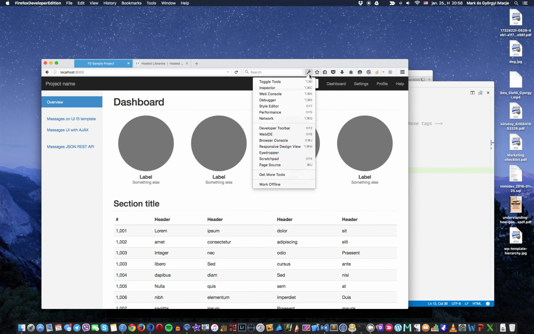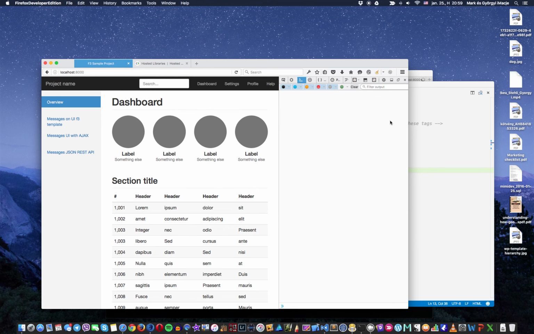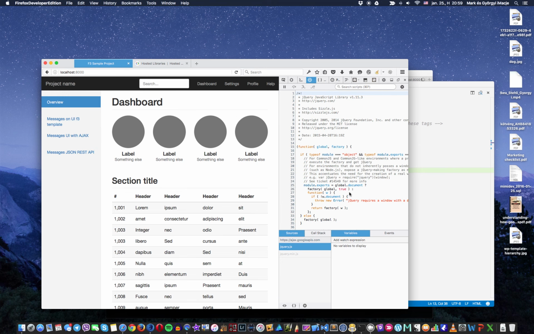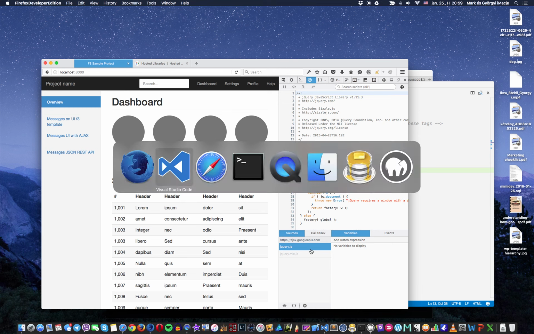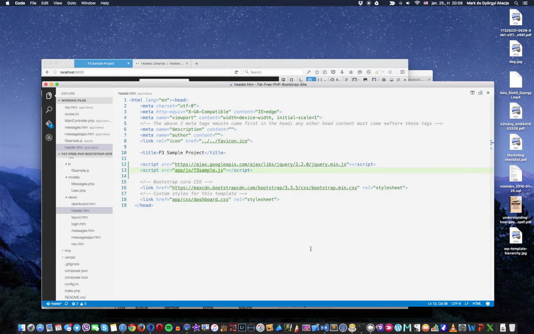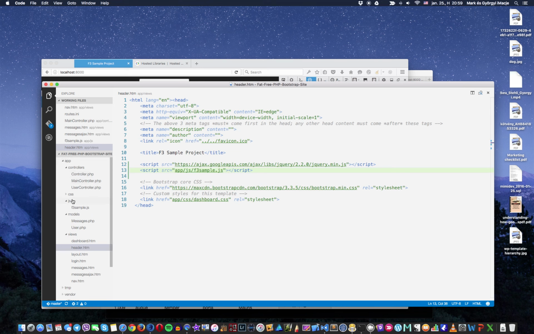Alright, so if I just go to the developer tools and look at the resources, jQuery is here, and our own app, this is under app.js,